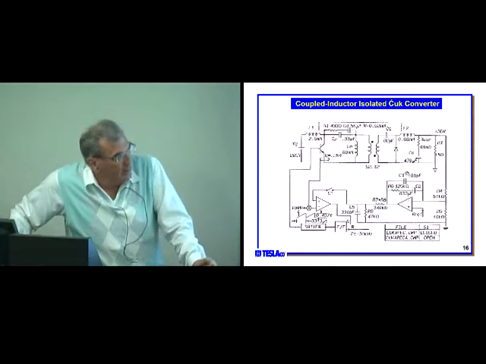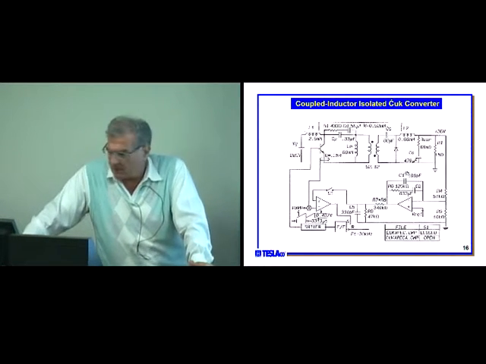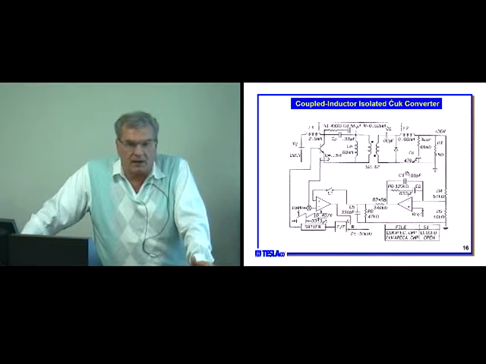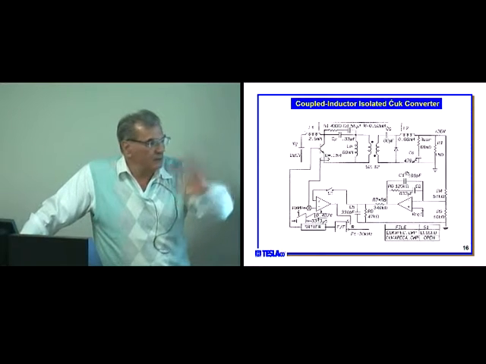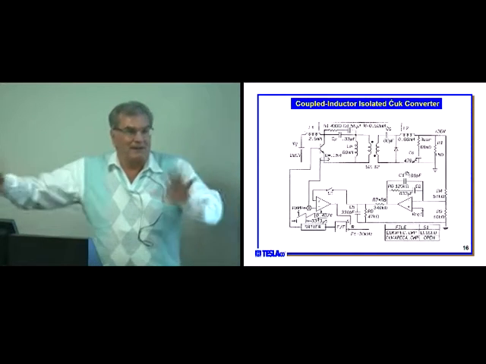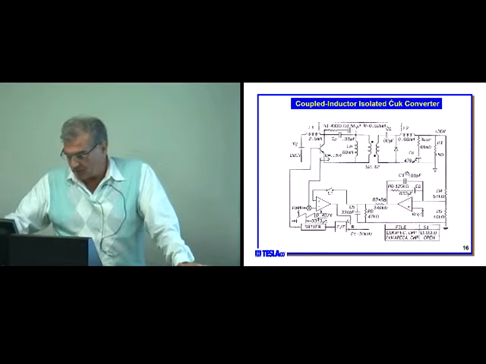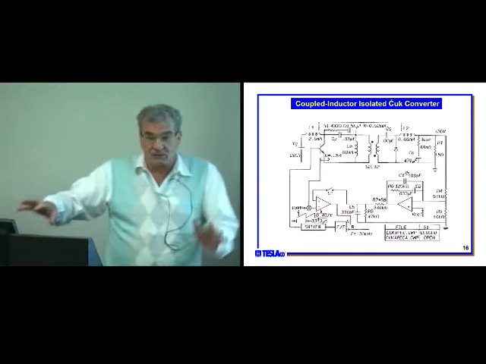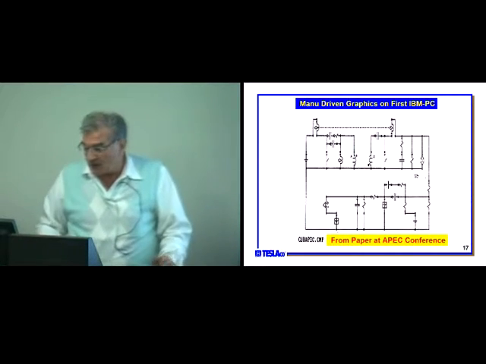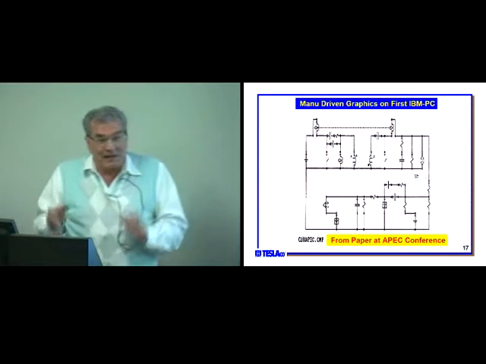I think the first Apple computer came up in 1977, but we decided very early in 1978 to make a program on the IBM PC because we knew that was going to be the standard one. We didn't want to maintain two systems. So here was an example of an isolated Cuk converter with a couple of inductors that we made a program for. I mean, Caltech guys could do anything. The guy in computer science actually used only 64 kilobytes of memory with a Pascal program to write this